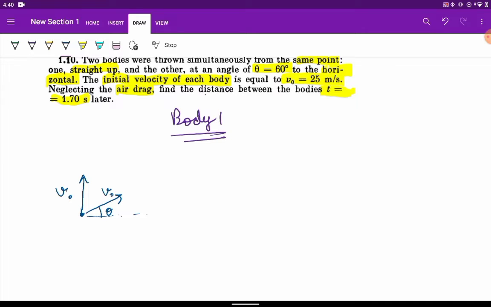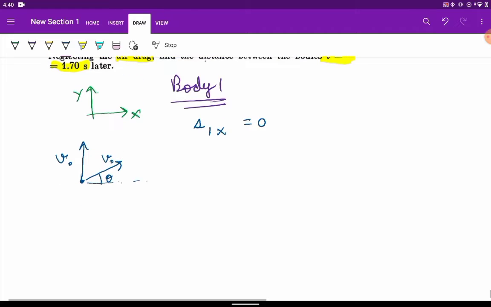body 1 is obviously just moving in, let's say this is the x axis, the horizontal direction, and vertical, let's represent it by y. Basically the first body is not moving at all in the horizontal direction, so let's represent the displacement in the x direction by s1x, so that is 0 obviously. Now we need to see what happens in the y direction. S1y is equal to,